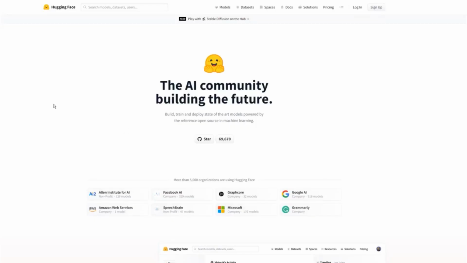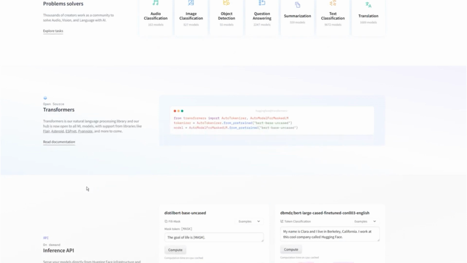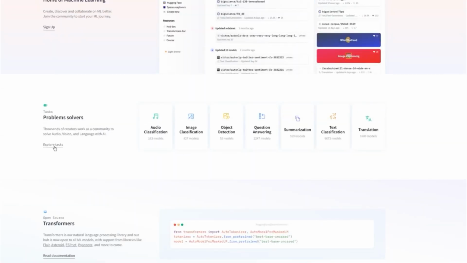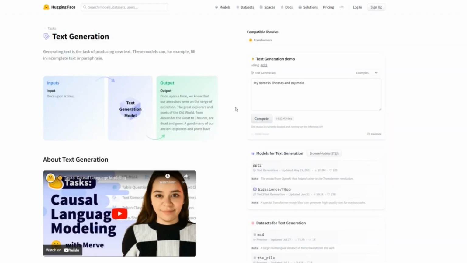Here's software number 3 called Hugging Face. This is actually a really cool software. It has a lot of features, but the main one that I like to explore, which I don't see here, but I just stick with the tasks, the problem solvers tasks, and we can go into text generation. So this uses GPT-2, which is a language processing AI, and we can ask it questions, something like, how can I